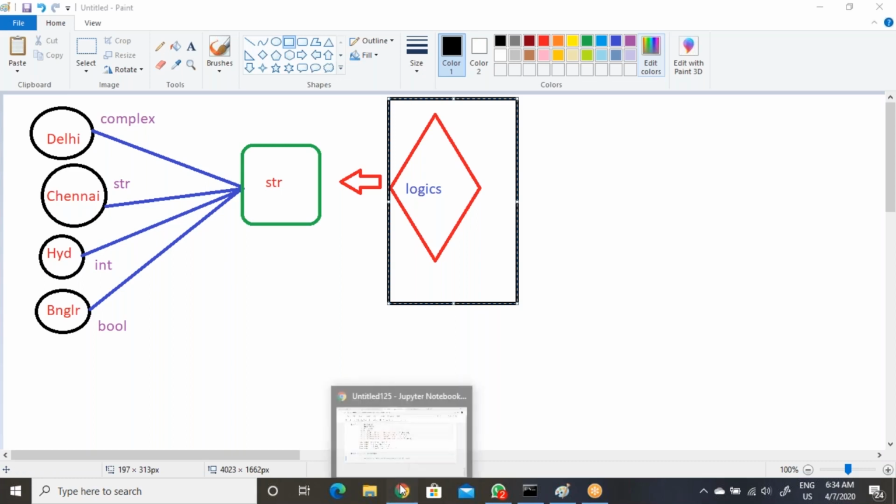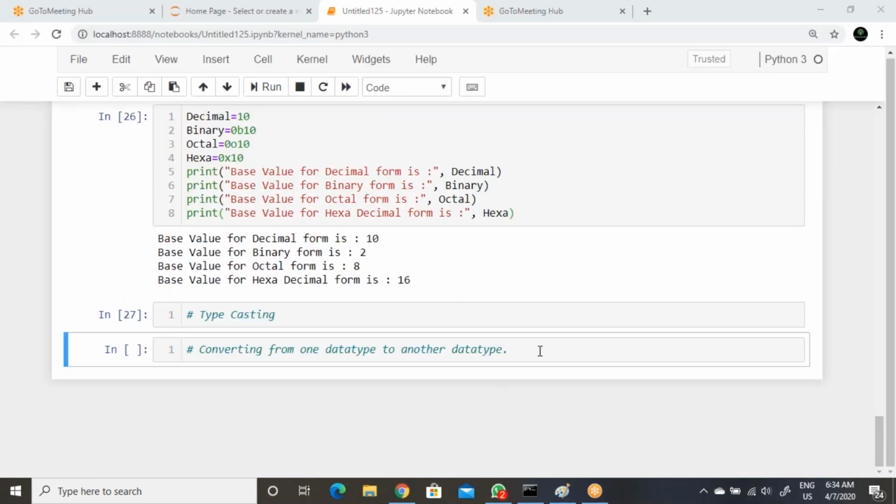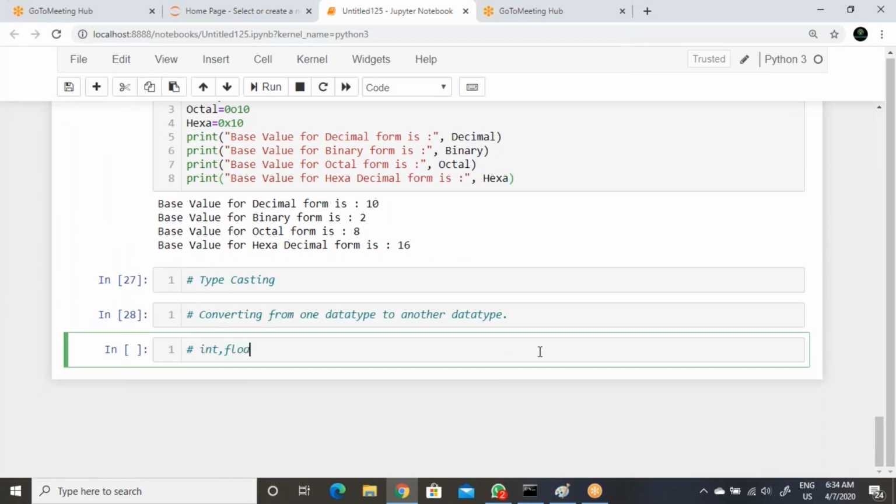So let's convert everything into integer format. Now what you need to do is pass the data type, then the value. That means whichever you want to convert, the data type name, then the value.